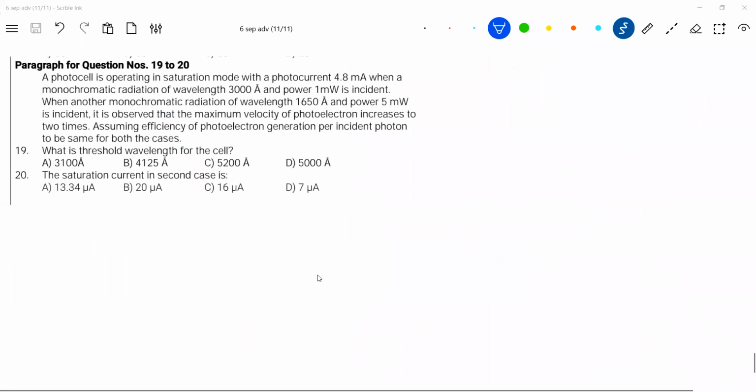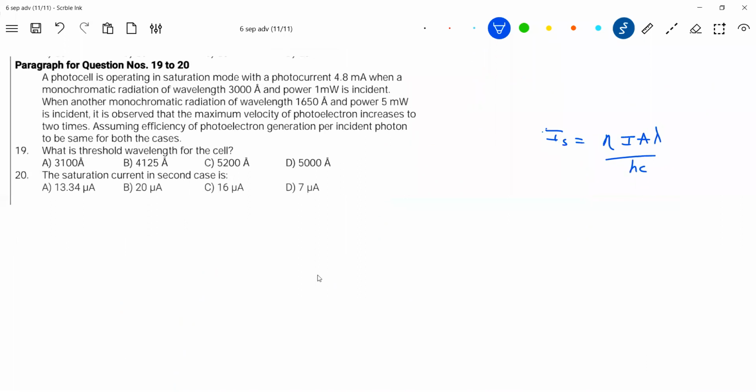Now, I think we directly go for the saturation current, which depends on efficiency. The saturation current formula: quantum efficiency, intensity, area, I A lambda by h c. Is that okay? So this will be the saturation current formula. So how to calculate efficiency, and he has given that